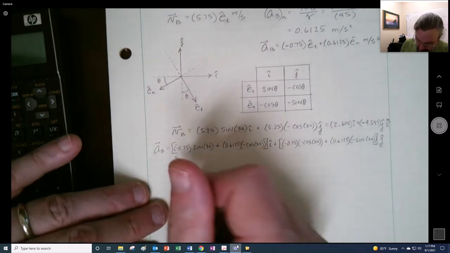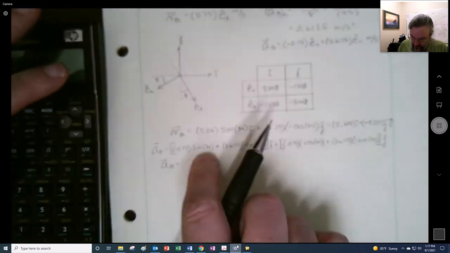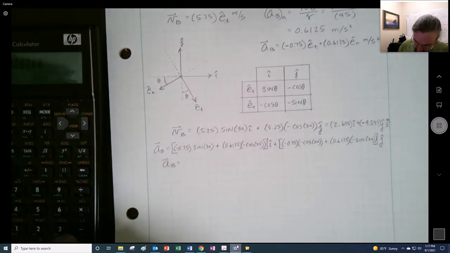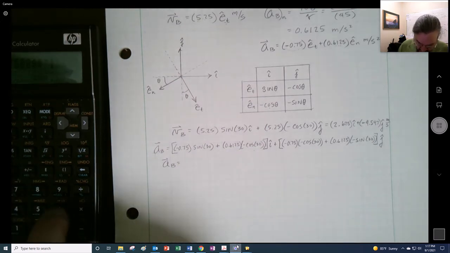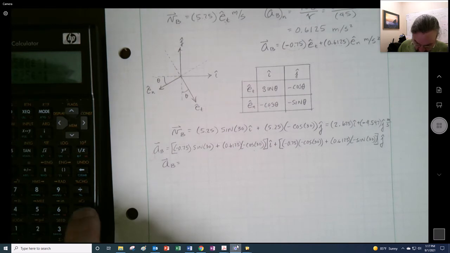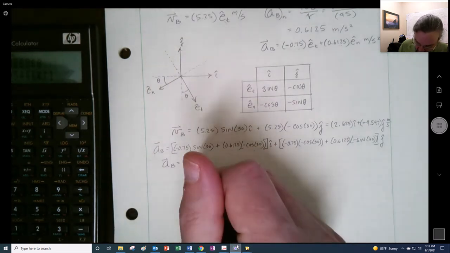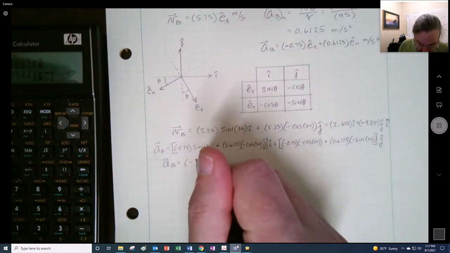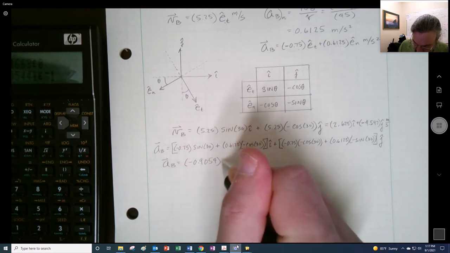Yeah. So the acceleration of B is going to be equal to 0.75 times 30 sine times, I do that. That's going to be negative, I'll remind myself. And then 0.6125 30 cosine times, and that's a negative, so let's track that out. Negative 0.9054 I